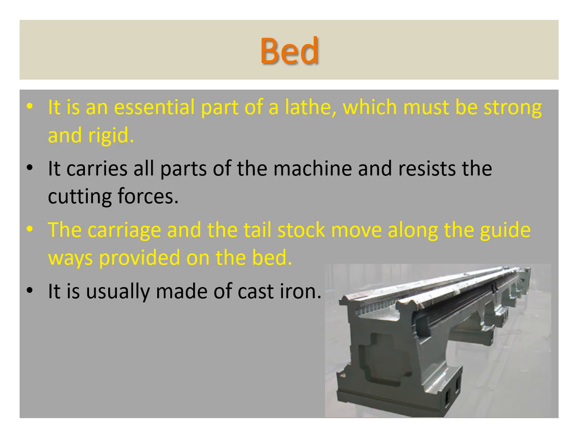Starting with the bed, the bed is an essential part of the lathe and it carries all parts of the machine. It must be strong so that it can bear the weight and the applied forces. The bed provides a sliding track, known as the ways, for the carriage on which the tool post moves. The bed is normally made of cast iron because of its self-lubricating property. Lathe machines are often characterized by the length of the bed, like 8 feet, 10 feet, and 12 feet.